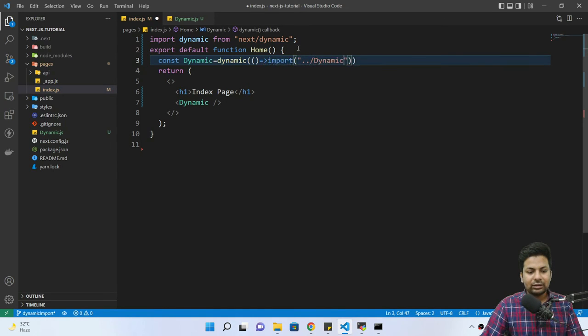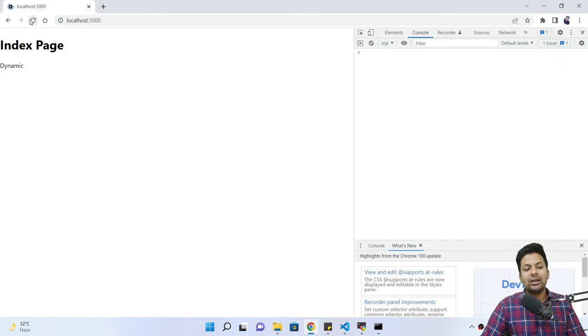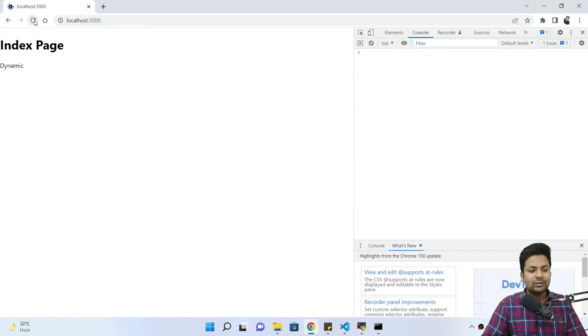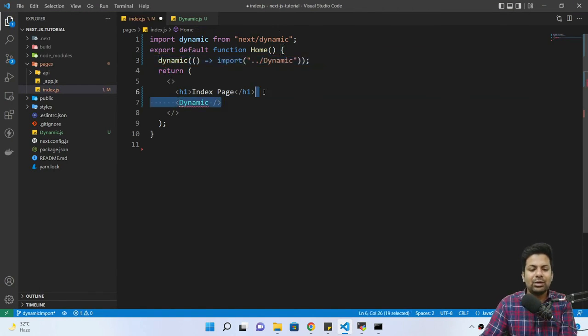See, now if I save it, it is clearly running fine. Why? Because the dynamic component is coming after a little bit of flicker, because it's importing on the front end side. See, so this is what we call dynamic import. Okay, now if you don't want to use this, you just want to import and maybe do some stuff